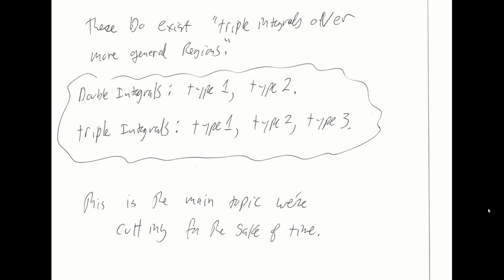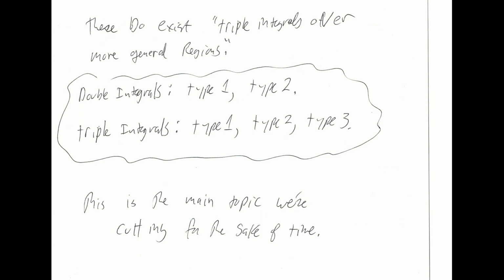So that is the idea for triple integrals over rectangular boxes. Computationally, it's just as simple as double integrals over rectangles were, except you have to do one more iterated integral in this context. So the next thing that we did when we were working with double integrals was we began to think about